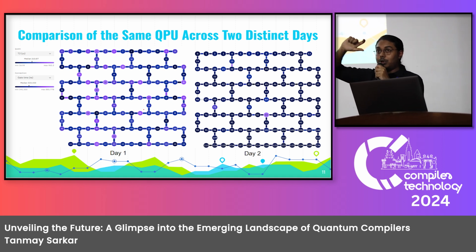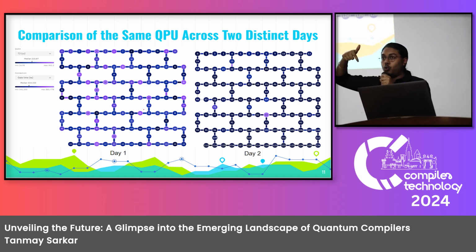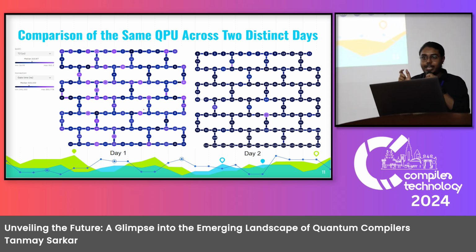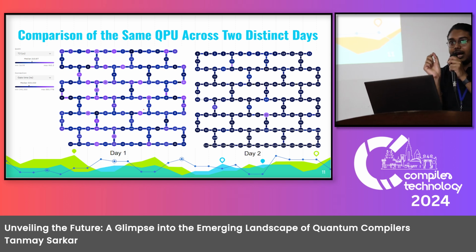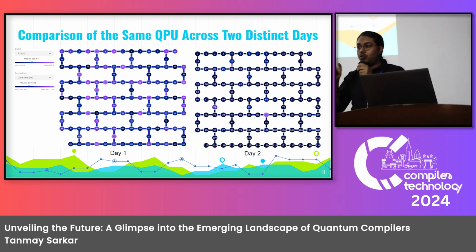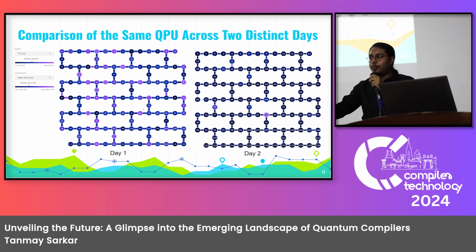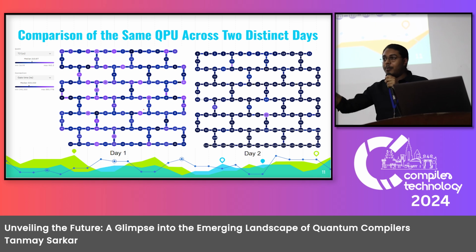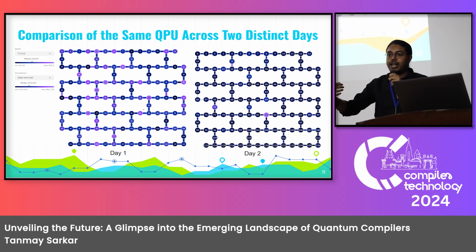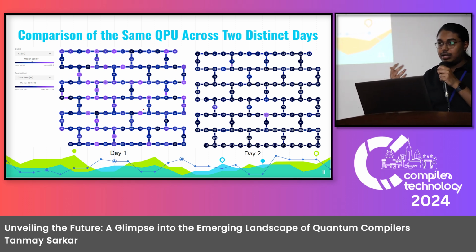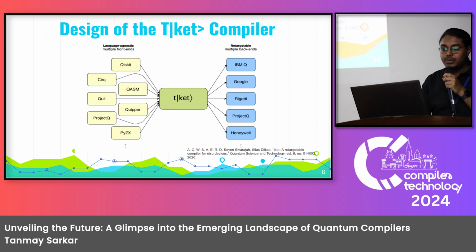But again, there is one more catch. A 2-qubit gate requires a physical connection between the physical qubits. If those qubits are not physically close, then there needs to be a swap gate. 2-qubit gates are again the most error-prone gates. We would want a fidelity of the order of 10 to the power minus 6, but currently we have an order of 10 to the power minus 3. So you would want to cut down on your 2-qubit gate count as well. Those are the challenges that we need to work with.